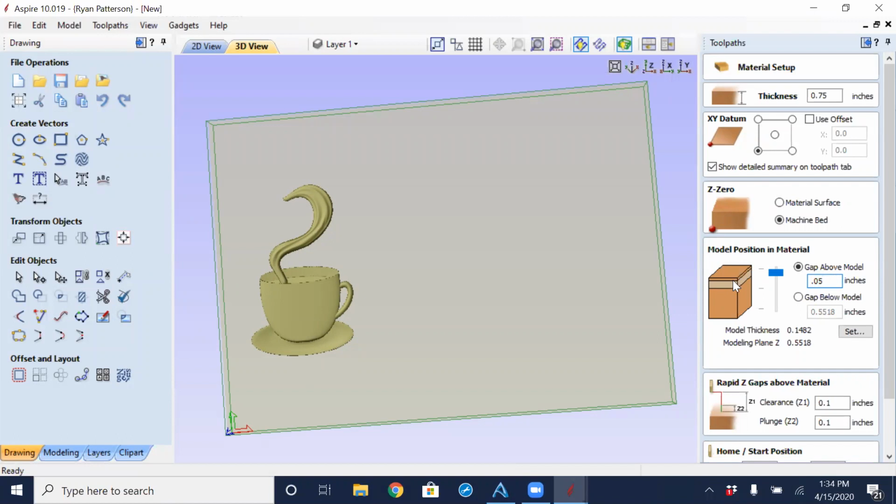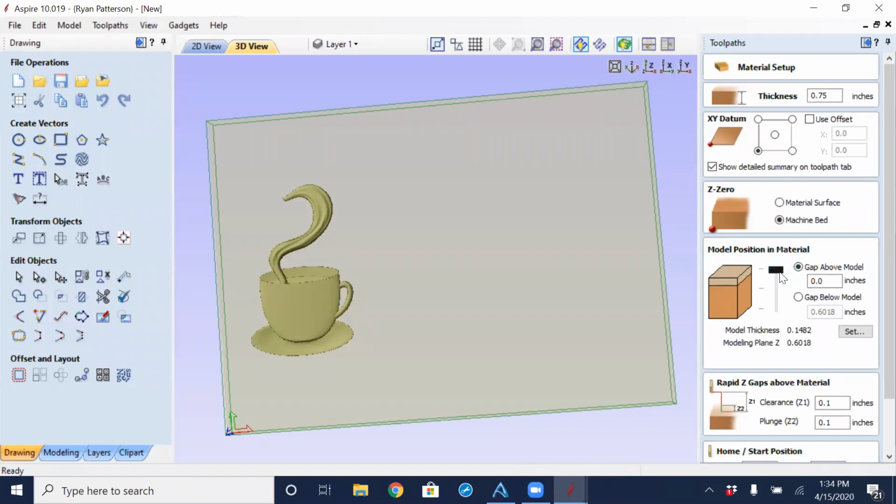And the reason why I'm bringing it down into the top of the material, so if we were setting this directly at the top, our Z0 is going to have to be very precise, as if when we're coming up and over top of this, if we had zeroed to a board that has a slight cup to it or irregularity across the top of it, and we zeroed down here at a higher spot on that board, but our model is over here, as it comes up and cuts, since this area here was higher in thickness than it is in the center,